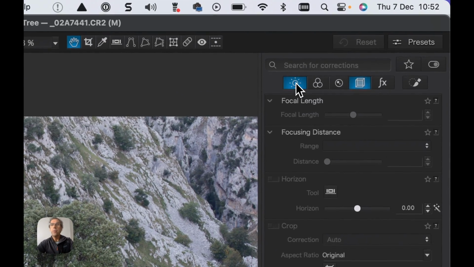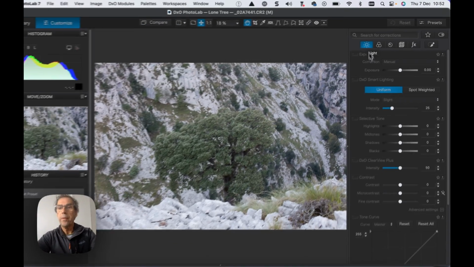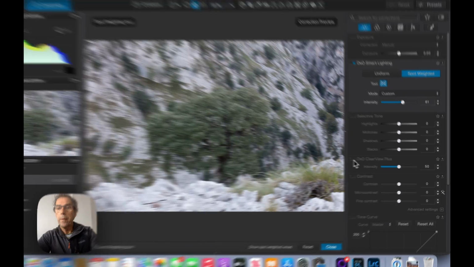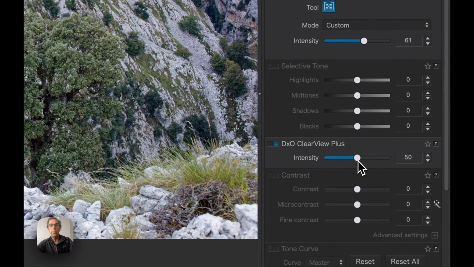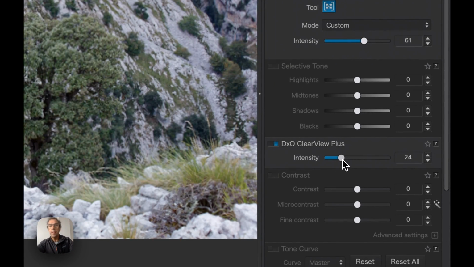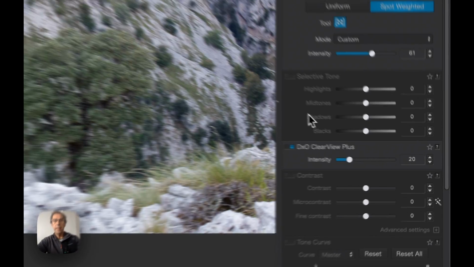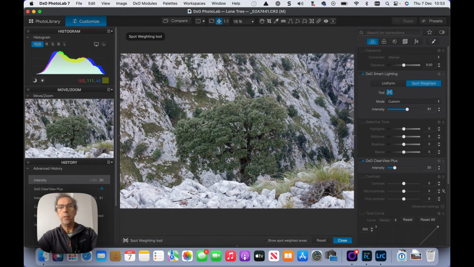And what I'm going to do is start off in the light module. I think my lighting is okay, the exposure is good. I look here, I've got no blown highlights, no crushed blacks. And I switch on clear view, and I'm going to take that down to about 15. Okay, so we're beginning to see now the tree is beginning to break away from the background, and really